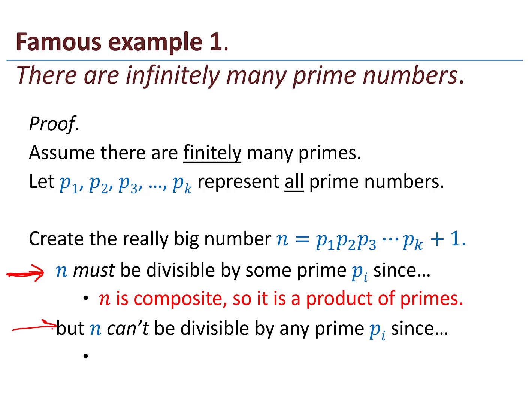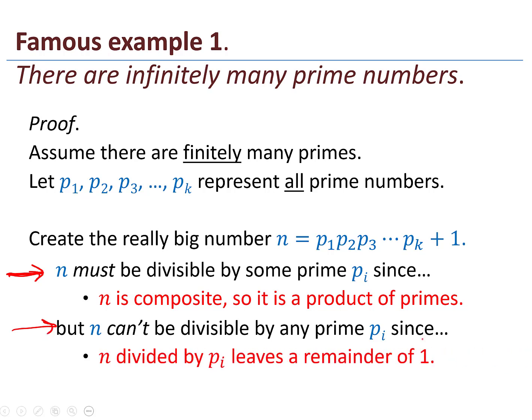All right, how about the second claim? n can't be divisible by any prime. Well, n divided by p sub i leaves a remainder of 1 because of the form of n. You see, this first term, p1 through pk, is a multiple of p sub i, and then I have a plus 1 at the end. So if I were to take this n and divide by some p sub i, I would have 1 as a remainder. So these two statements together provide the contradiction and prove the statement that there are infinitely many